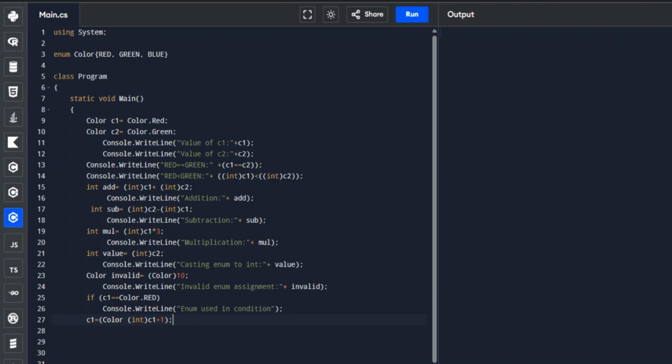Okay, so let's now display the incrementing value of C1.